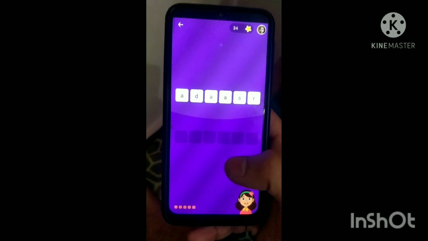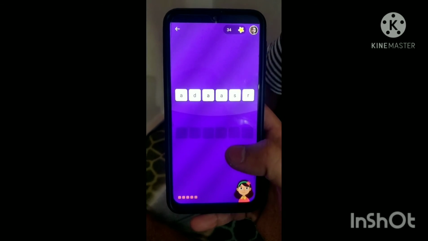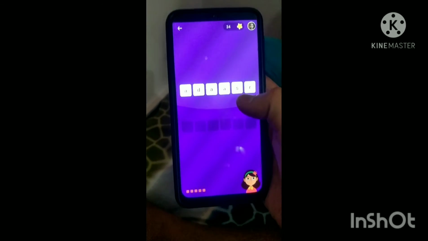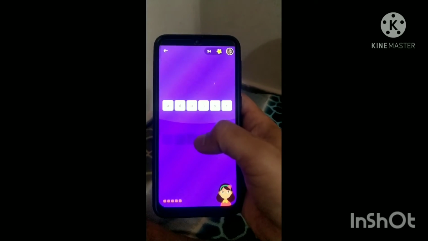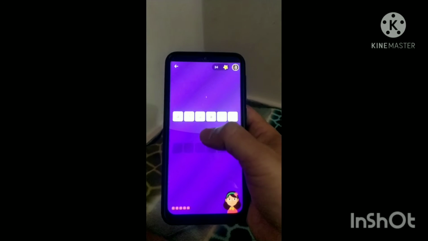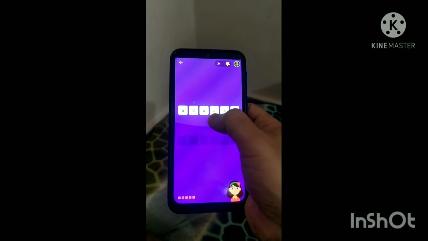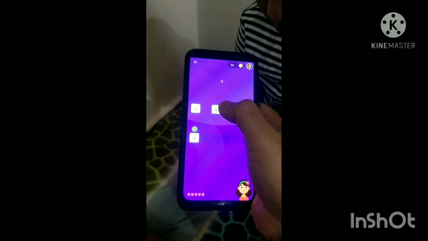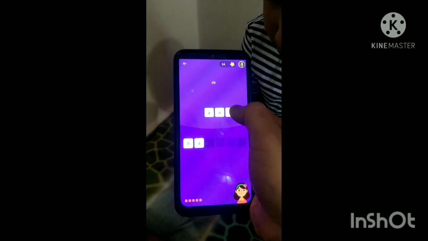Let's play a game. At the end of the story, it will make a note of the words that your kid is not good at. This is how it will give you games to play and to learn the new words. For example, here is the puzzle, and your kid has to make the word.